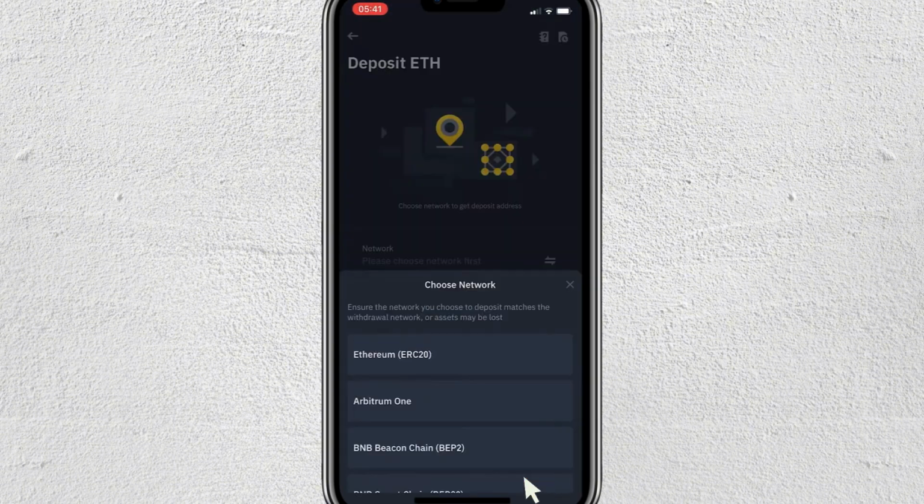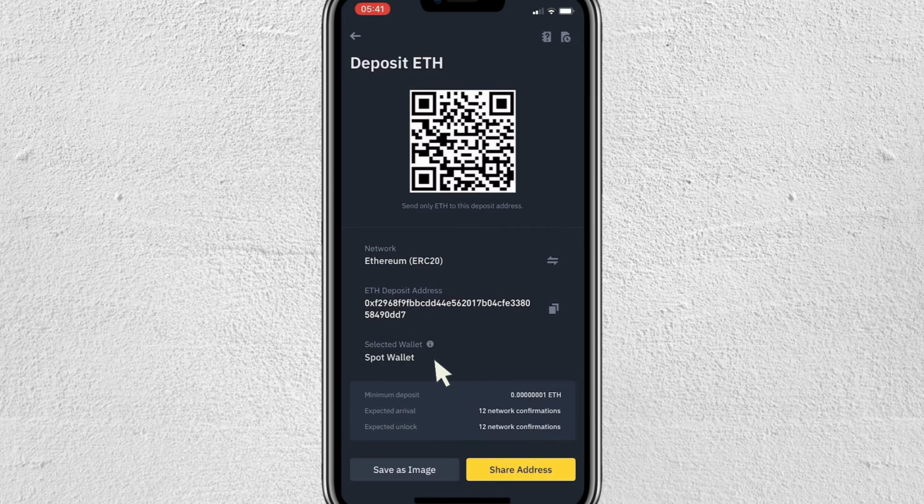So go through all of this, and now it's going to ask for which network I would like to select. So if you go back over to crypto.com, you can see that the ERC20 network is selected. So right here, once again, I'm going to select the same on Binance, the ERC20 network. Now, right here, you can see that it's going to give me a QR code as well as my ETH deposit address. So this address here, I'm just going to copy it